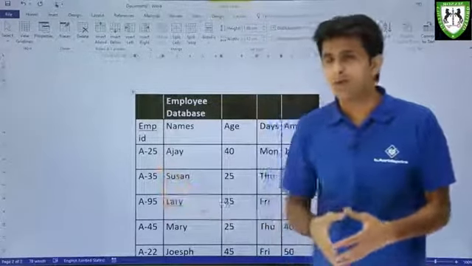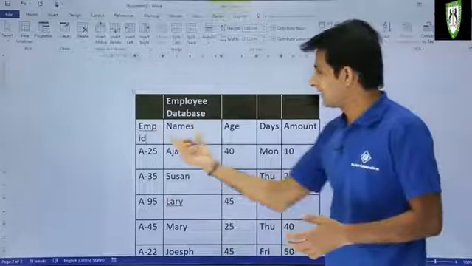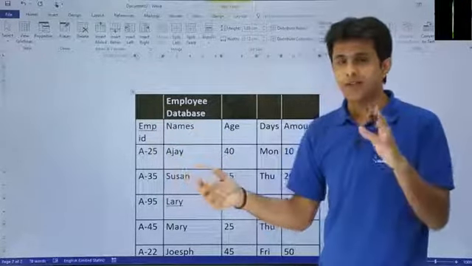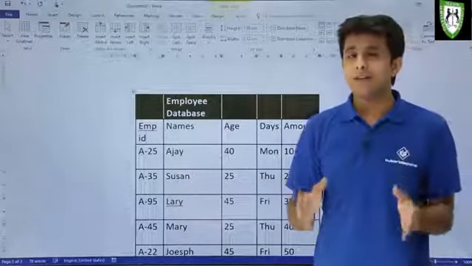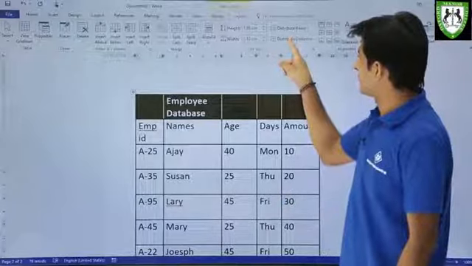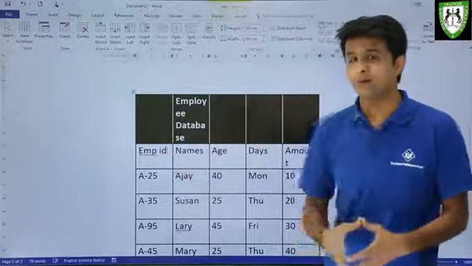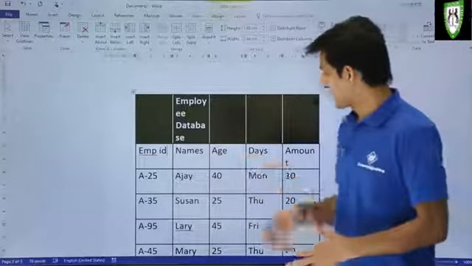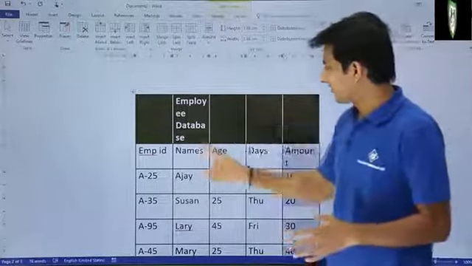This was for the rows. What about the columns? This column is bigger size, this one is smaller size, this one is again a smaller size. If I click on distribute columns, all the columns will have equal width. So I'll just click on distribute columns and you observe all the columns have equal width, right? So this way you can properly format your table as per your requirement.